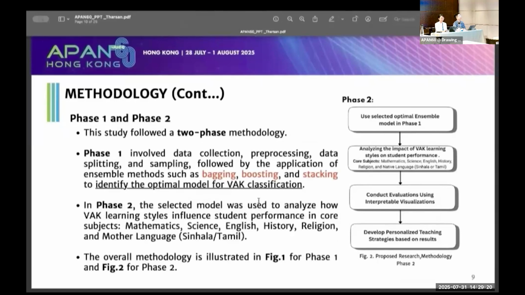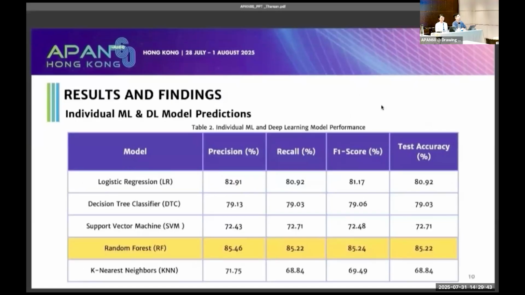In phase 2, the selected model was used to analyze how VAK learning styles influence students' performance in core subjects: mathematics, science, English, history, religion, and the mother tongue, Tamil or Sinhala. The overall methodology is illustrated in figure 1 for phase 1 and figure 2 for phase 2.